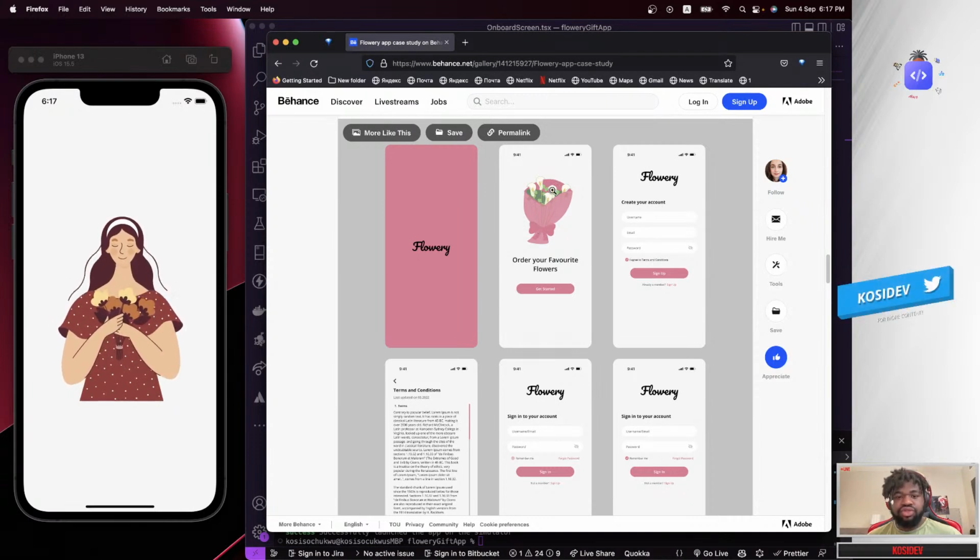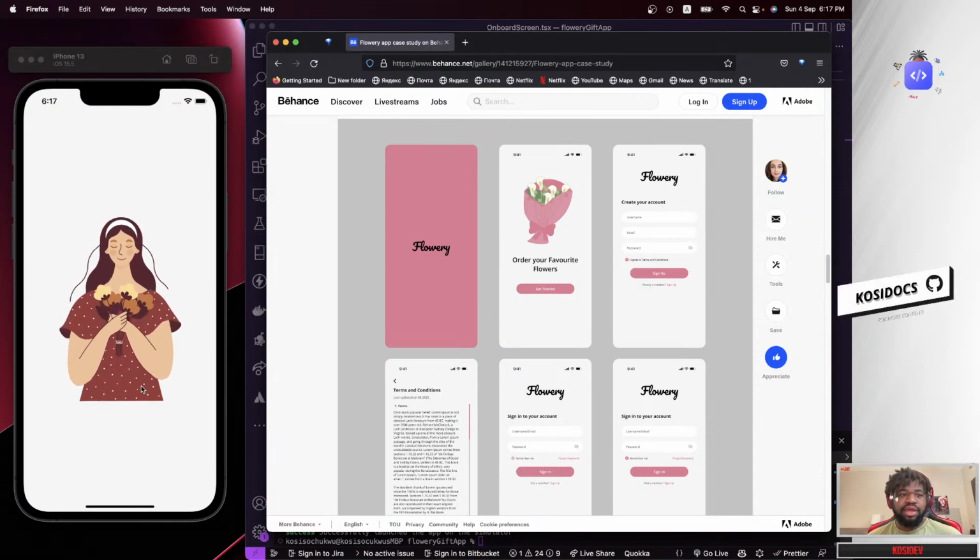Also, one thing you should know: once you are working on apps or products, you are not limited to one particular idea or one particular solution to solve something. Once I couldn't get this, I looked for an alternative and found this Lottie, which still shows the same thing. You're just telling people, kind of using a picture for emotion, what the app is doing. So that's why I use this Lottie, and I'm going to keep to the UI that we have here. So the next will be just to add this